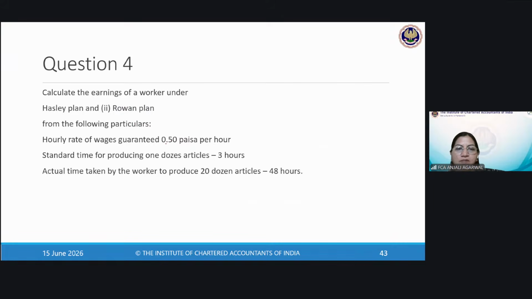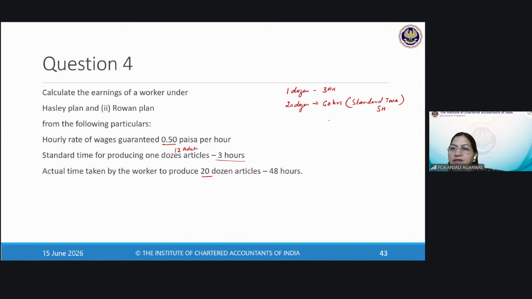The hourly rate of the workers is 50 paisa per hour. And the standard time for producing 1 dozen articles is 3 hours. 1 dozen is 12 articles, right? Now you produce 20 dozen. So 1 dozen takes 3 hours, so 20 dozen should take, in direct proportion, 60 hours. So 60 hours becomes the standard time to do the job, or standard hours,